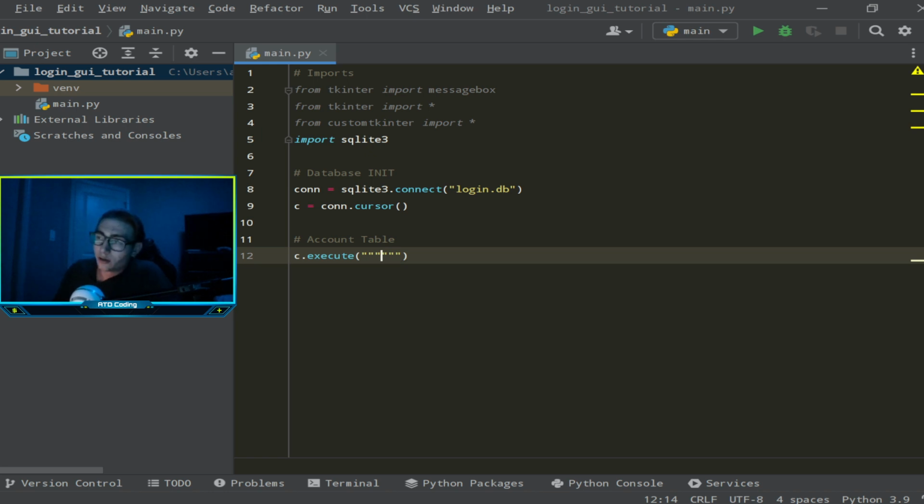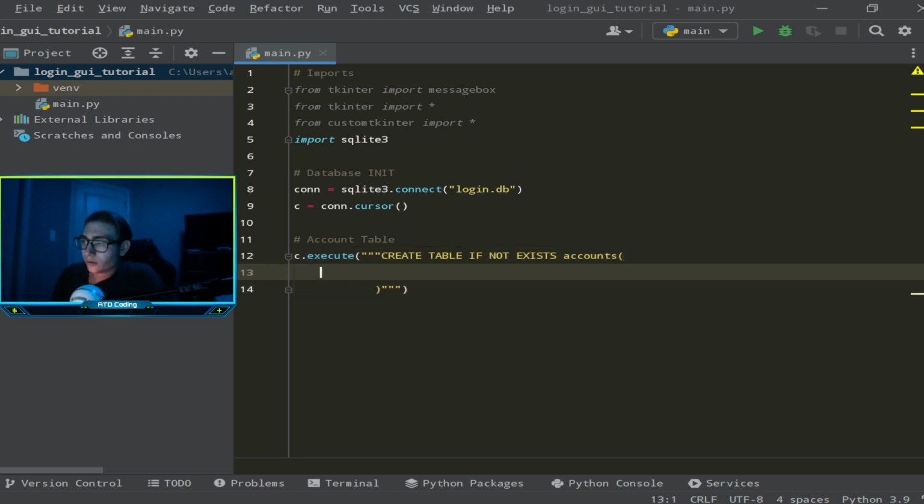I'm not entirely going to jump into why that is, but it's what SQLite asks. So we're going to say create table if not exists. That way we're not creating multiple tables every time we run the application, every time the application is opened. So create table if not exists, and we're going to say account,